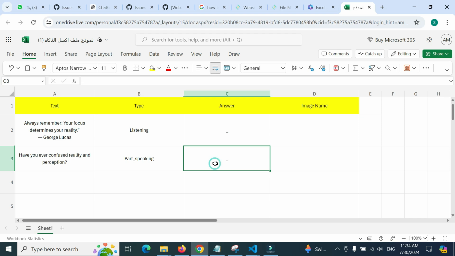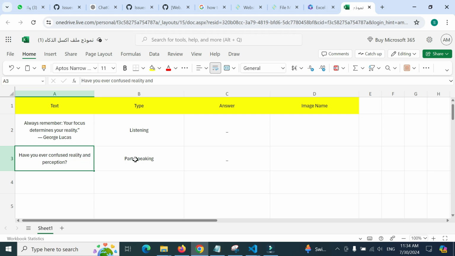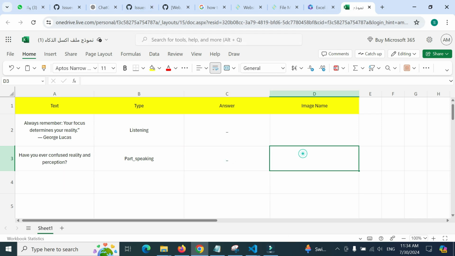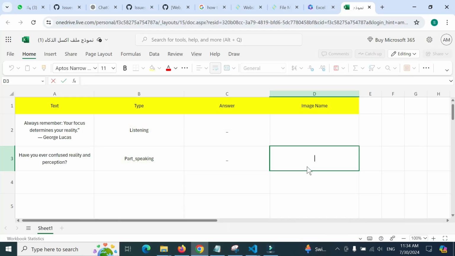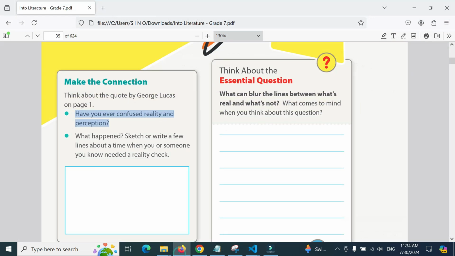The answer here, I'm not going to put the answer. Why? Because there is no specific answer. The student may answer whatever he likes, and the AI would determine the result. So it's not like 3 minus 2, where the answer is always 1. There is no specific answer here, so just underscore. For the image, let's move here. There is no image, so I'm not going to put anything. Okay, so this is the second